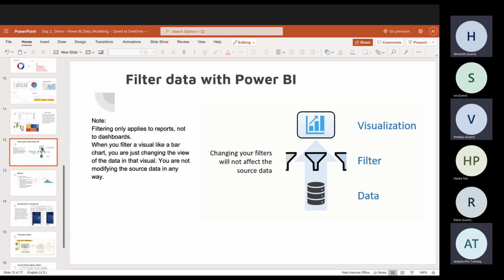Okay, so I say that hey, why don't you just rule out the metropolitan cities data from the report? What you will do, you'll quickly go back to the data source and delete all the metropolitan data and then come back to Power BI to use it. But if you go with this approach, all your data will be lost from your data source itself because you just deleted it.